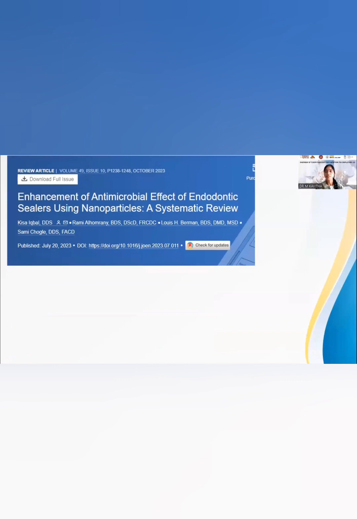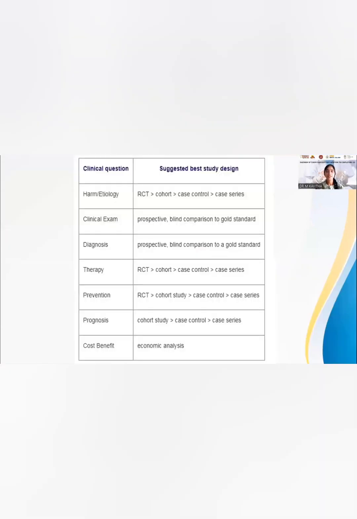This article is an example of a systematic review. In this, a comprehensive literature search was conducted using the electronic Embase, Web of Science, and PubMed databases, followed by citation searching for articles eligible for the inclusion criteria. A total of 1,845 citations were screened, of which 13 articles met the inclusion criteria and were included in this review. All included articles were in vitro studies with low to moderate quality assessment scores. This is an example of a systematic review with